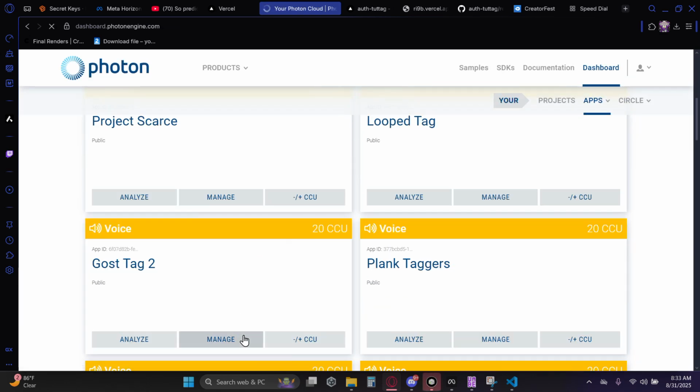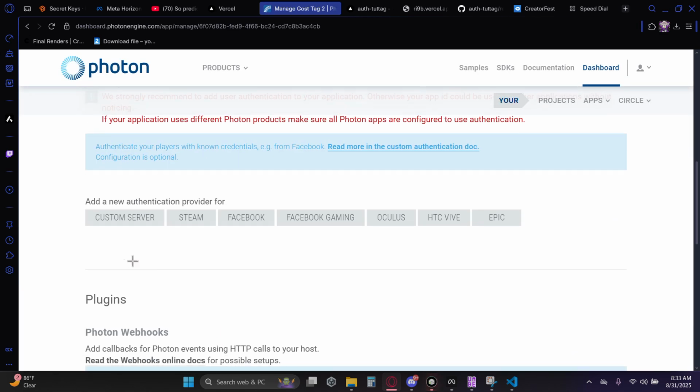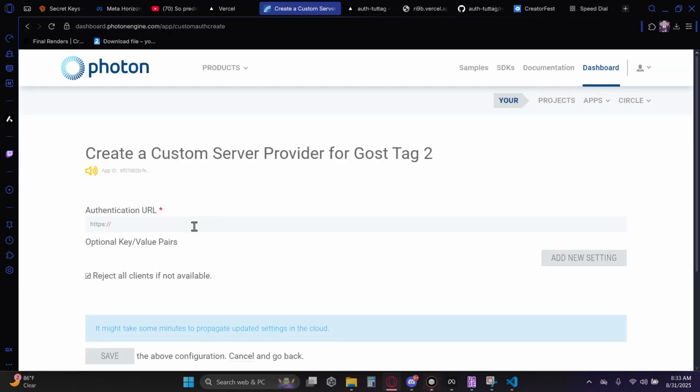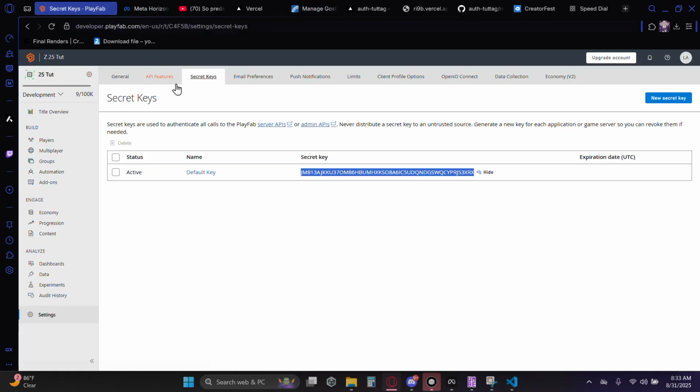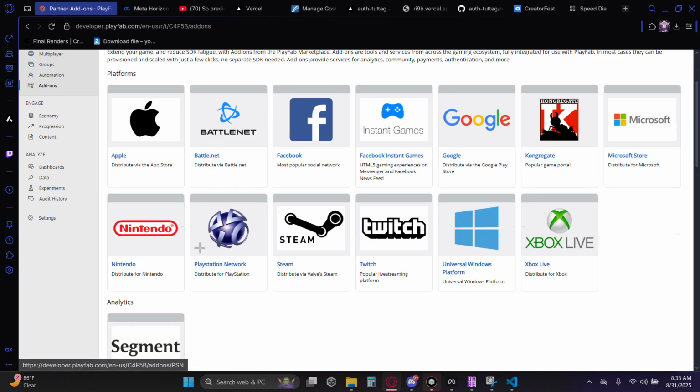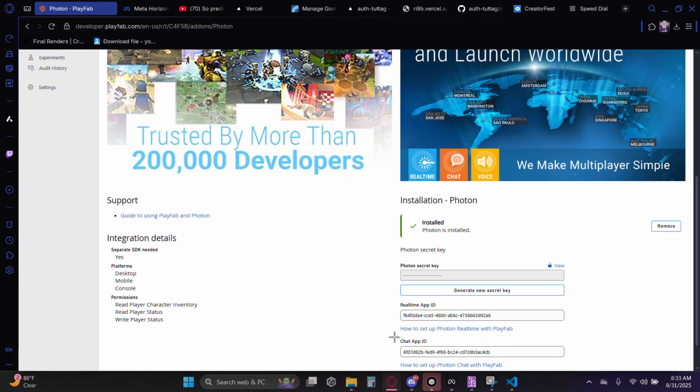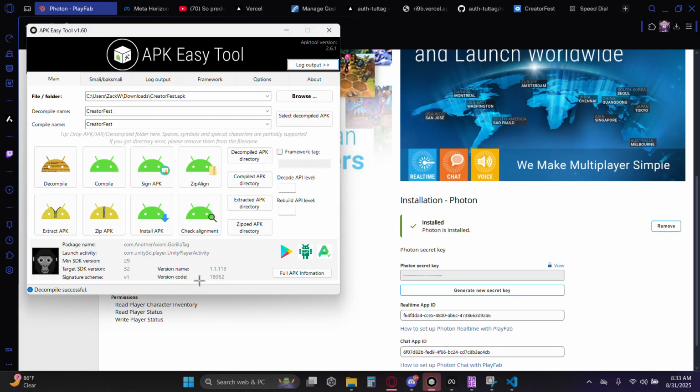Then you want to find this one right here, custom server, save. 6, I'm pretty sure I also have the right one. Like 6, yeah, I do. Okay, so basically, whenever this is done decompiling,